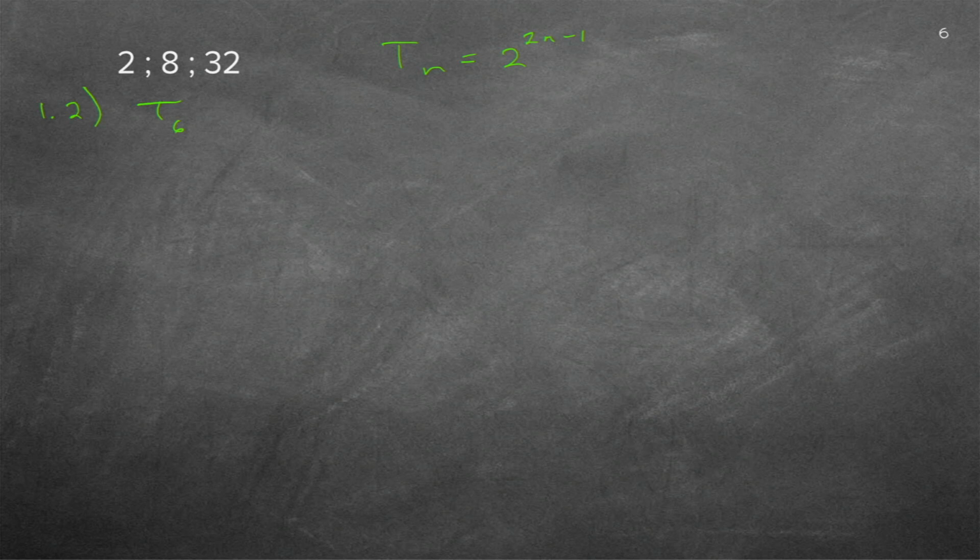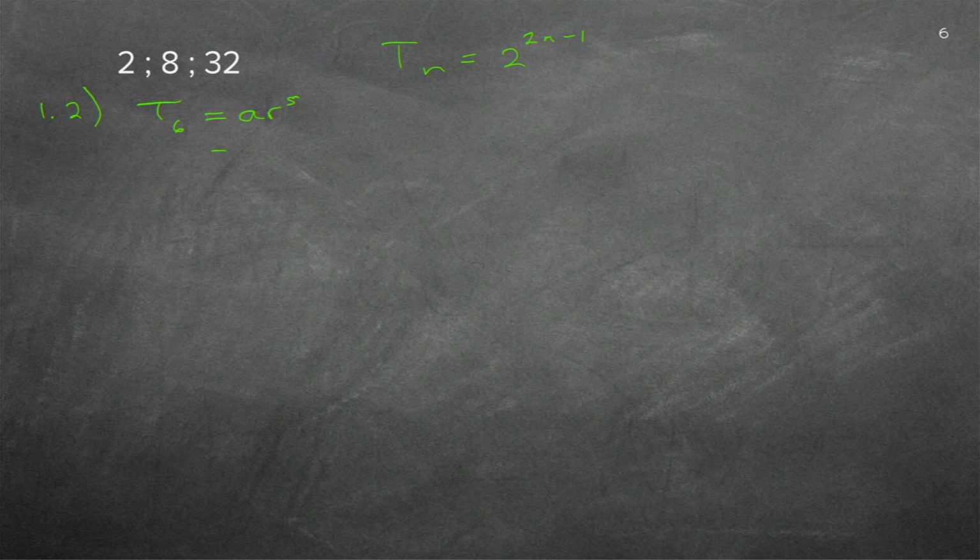Now, because it's only the sixth one, maybe you can just multiply by the R all the time and get to the sixth one, because it's not so many, but we rather practice our formula, because this is what it's about. In the exam, you'll get problems where you really need to use your formula. So we're rather going to practice that. So it's AR to the power of, and remember what I always say. If it's n minus 1, just in your mind say 6 minus 1 is 5. Then you don't have that little brackety thing there on the top.